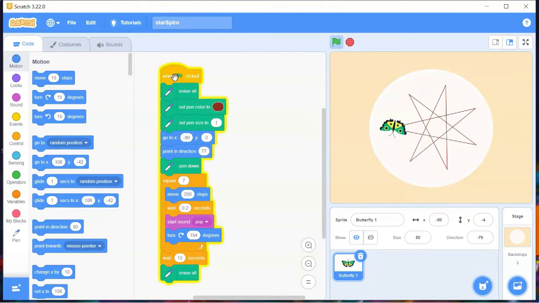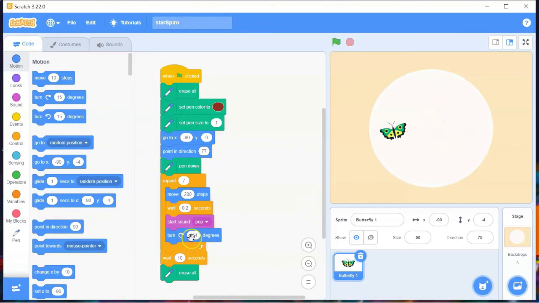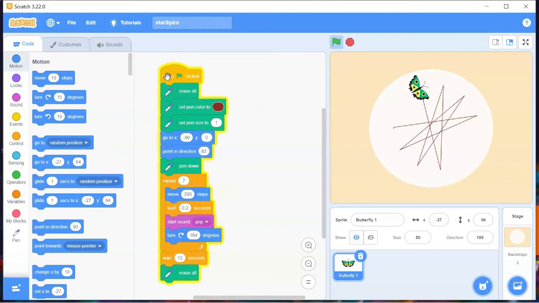Now the star size has been increased. And now if you look, this is a different star. Now I'm going to increase it to 164. As I said, I have to change here also. I will make this half of it, 82. And now let us see what will happen. Now you can see, oh, I have to increase it. I have to increase the repeat, it is only 10 times.